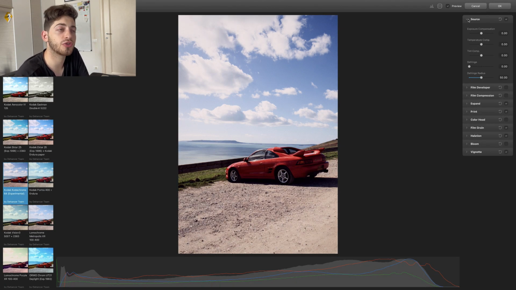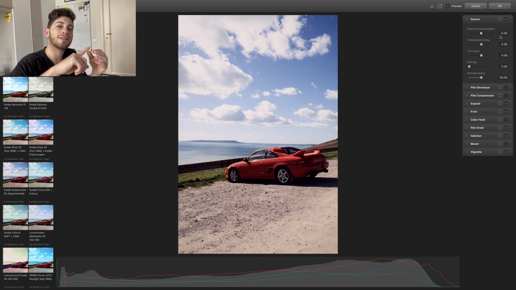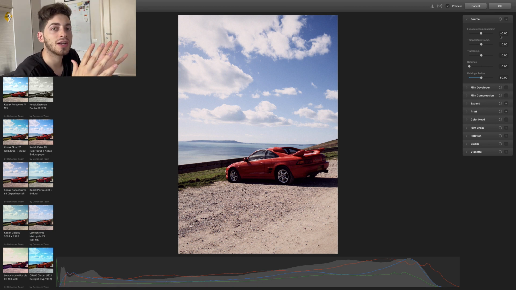So, for example, Source has the rather basic corrections such as exposure, temperature and tint. But what I noticed the most is that when you use the cursor and just make the correction that you want to make, it doesn't go 5 in 5. I don't know how to explain it properly, but yes, it doesn't go 5 by 5 basically. It allows you to go through all the spectrum, which to me is a problem, because not only